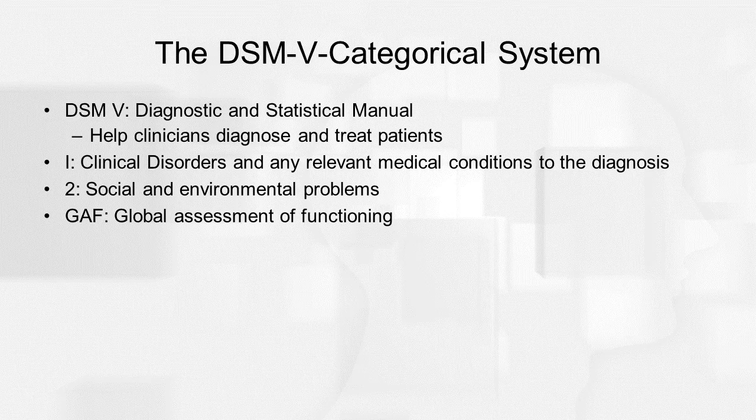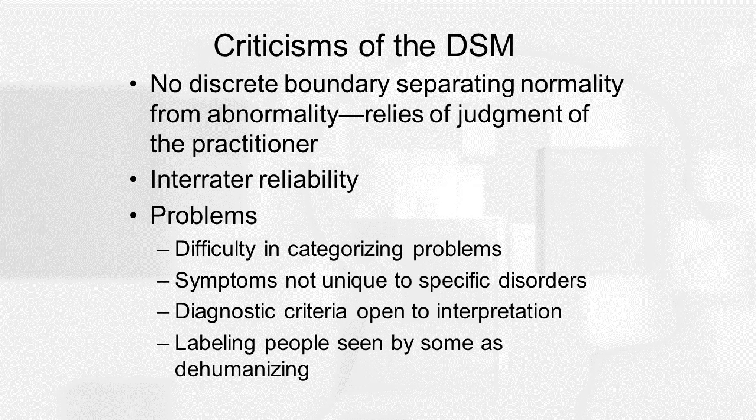They are functioning very highly professionally. They're functioning highly or very well in their personal relationships. They're functioning well in terms of their education. And 0 means little to no functioning. While the DSM is an incredibly helpful manual, it sets parameters for clinicians in helping them in the process of